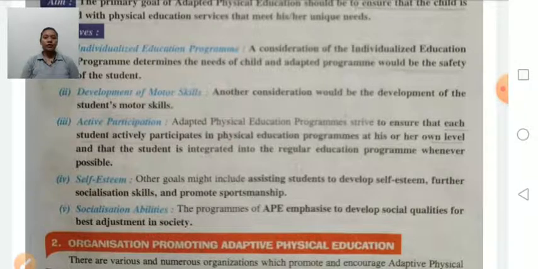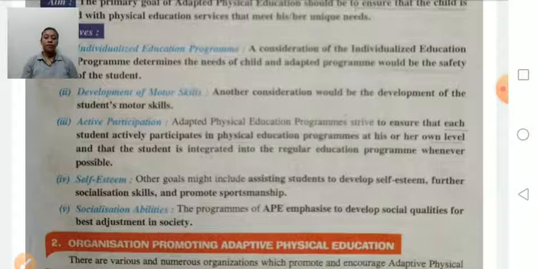Adaptive physical education: adapt means adjusting or modifying the physical education program for persons with disability. The aim is to ensure that each and every child is provided with a physical education program so that it meets his or her unique needs.